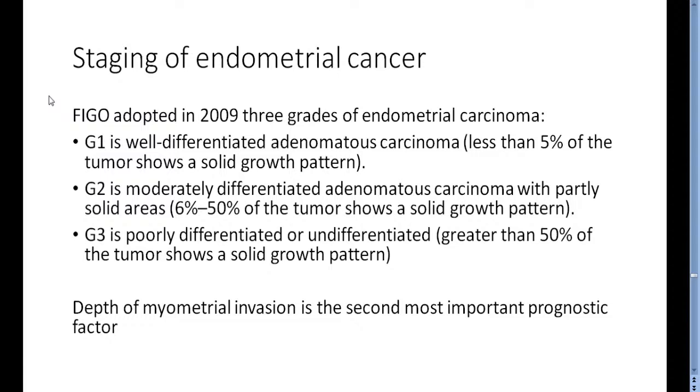Grade 2 is moderately differentiated adenomatous carcinoma, usually up to 50% of tumors show solid pattern, and grade 3 is poorly differentiated or completely undifferentiated adenocarcinoma. Greater than 50% of the tumor shows solid pattern. So grade 3 patients have worse prognosis compared to grade 1